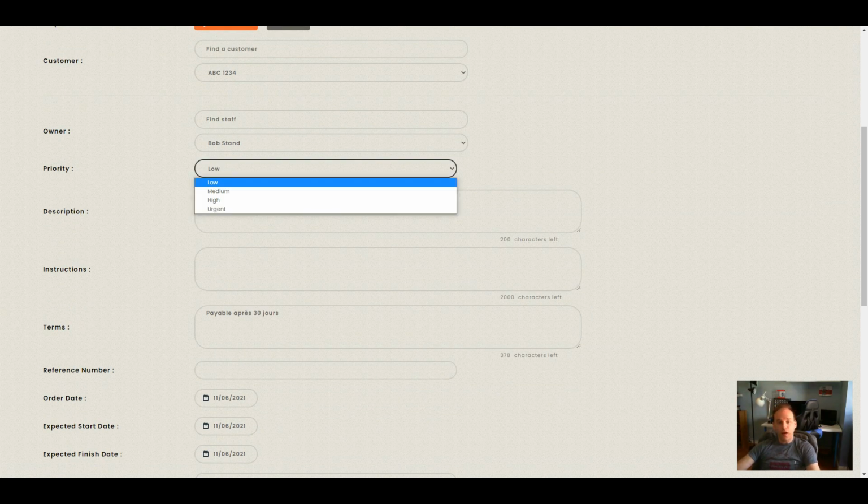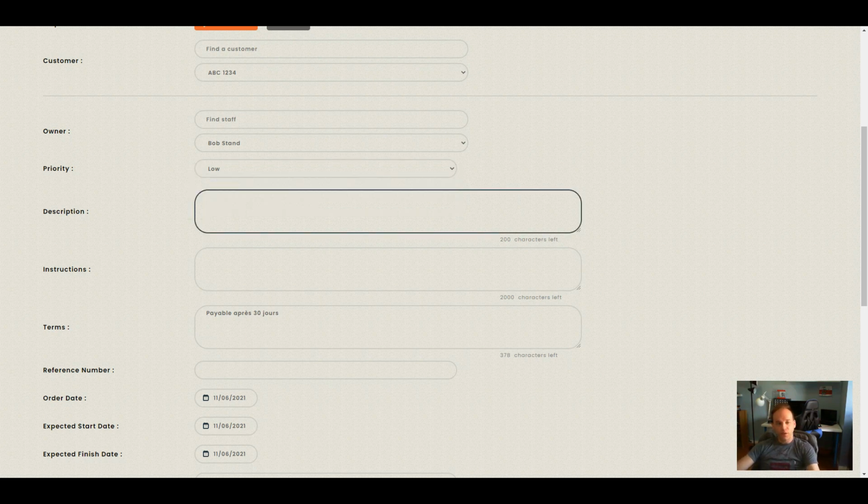We can also choose a priority for that work order, so low, medium, high, urgent, in order to establish what are the work orders that need to be performed first, and then second, third, and so on. We can enter a description for a work order, so what's the actual work that we're looking to do for the customer. So we could say repair the customer's vehicle, and then the instructions could be specific, tailored to this work order. So we could be saying that we need to change the valve, open the hood,